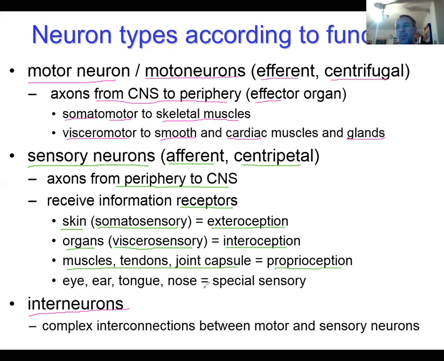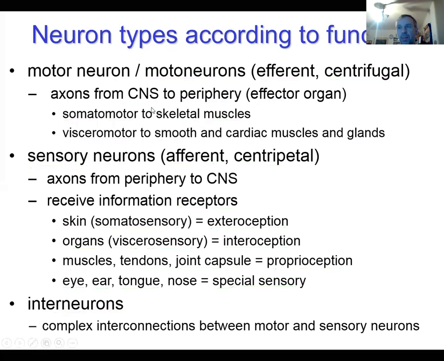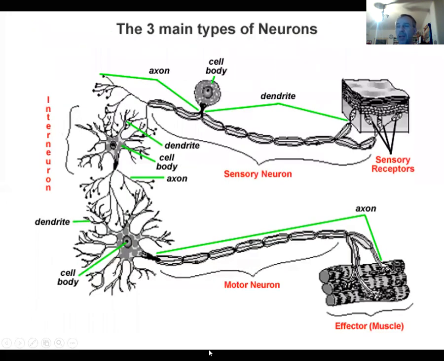And then we have special senses, so not touch and proprioception and pain, but very special senses: vision in eye, and hearing and balance in the ear, and taste in tongue, and smell in nose. So these are special sensory. So this is just to understand when we talk about the function of the neurons, how we can divide them. And here we can see how